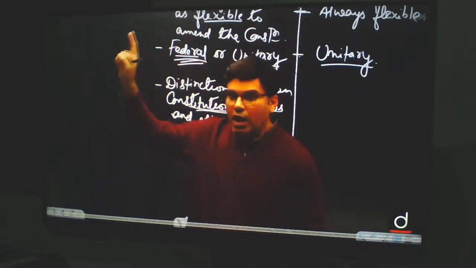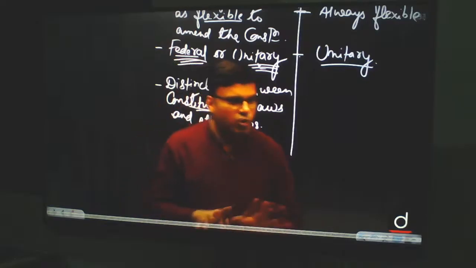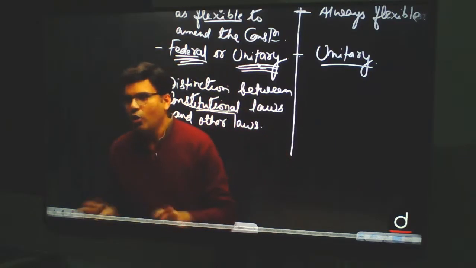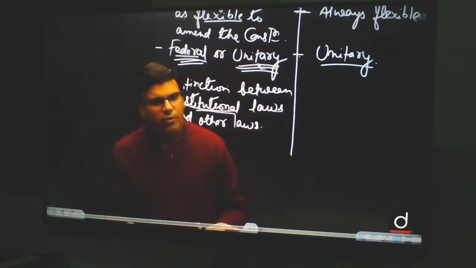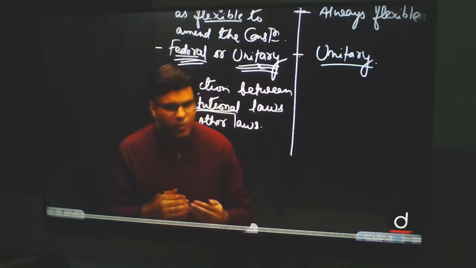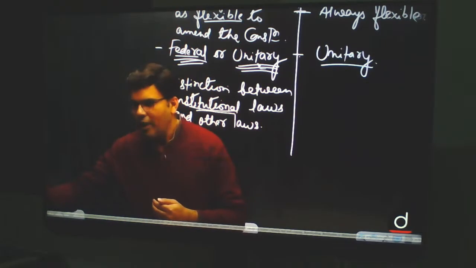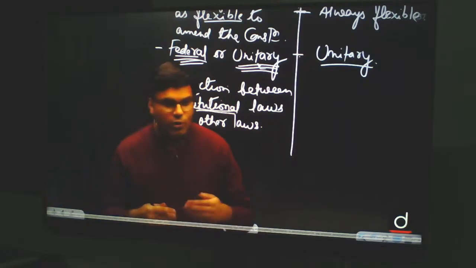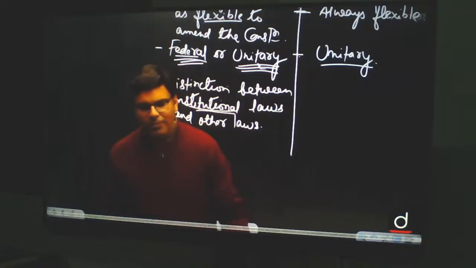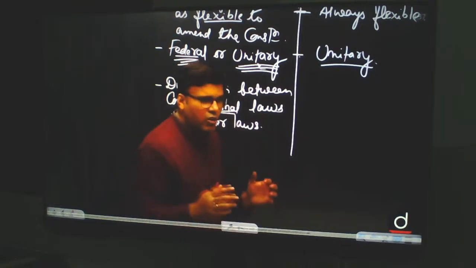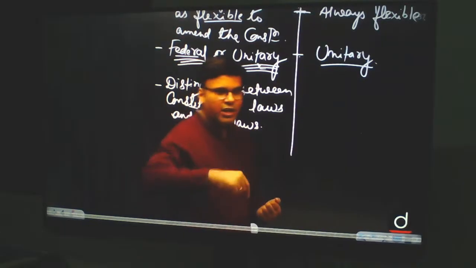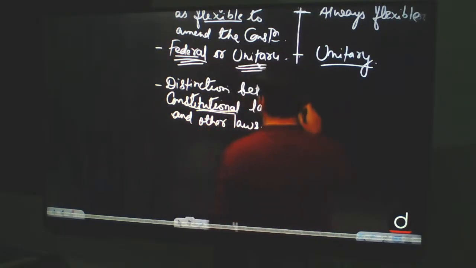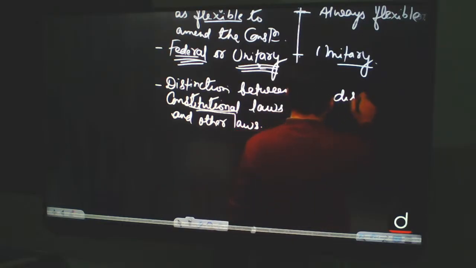But in an unwritten constitution, there is no distinction between constitutional laws and other laws. All laws are made by the parliament. तो इसलिए वो constitutional law भी है, वो general ordinary statutory law भी है. You can't make the distinction. हमारे यहाँ you can make the distinction. You say that what parliament has made is a statutory law, while you can't say the same in England. So for them, there is no distinction between constitutional laws and other laws. Laws means laws over there. There is nothing called a constitutional law, which may differentiate between the supreme law of the land and other laws, because there the parliament is supreme. Okay, that's why we can say no distinction